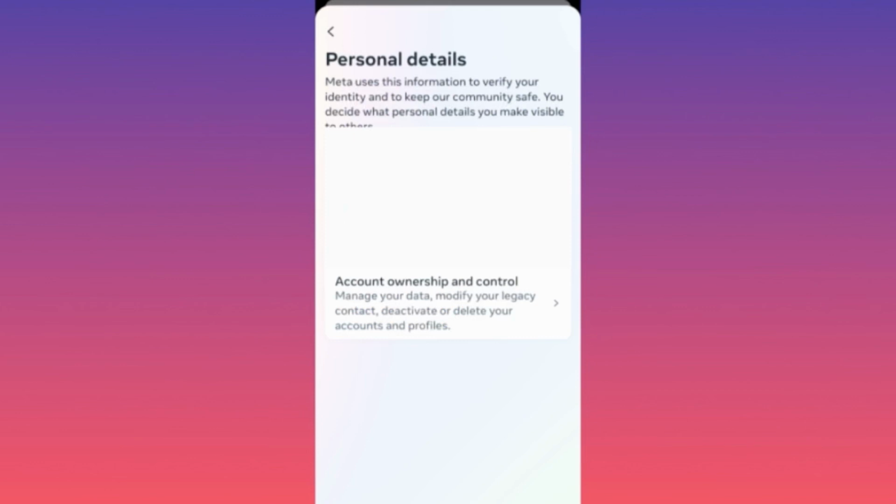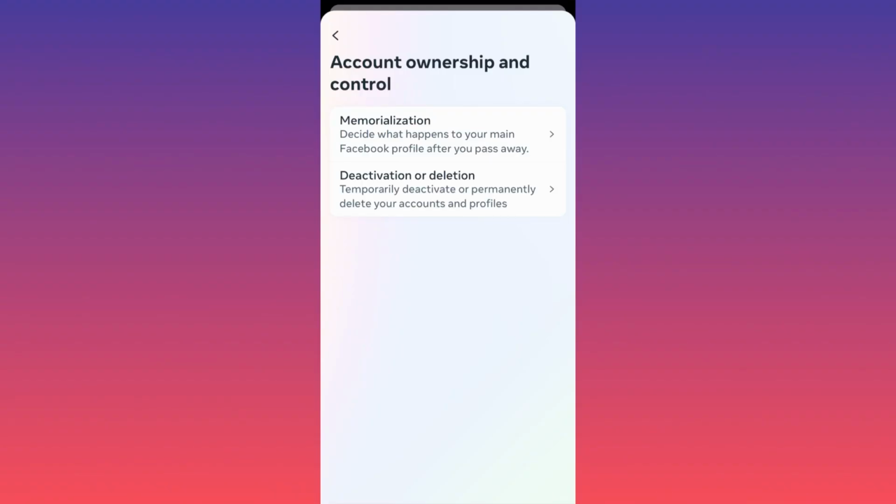When you're at personal details, you want to scroll down and click on account ownership and control. When you're over here, you could simply click the second option, which will allow you to delete or deactivate your account. Be very mindful that if you want to download your data prior deleting your account, you want to make